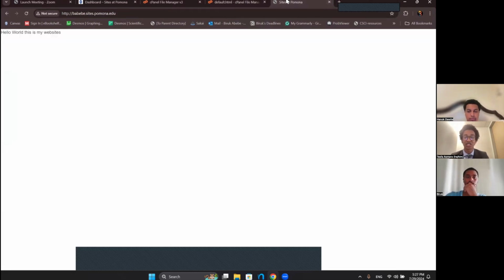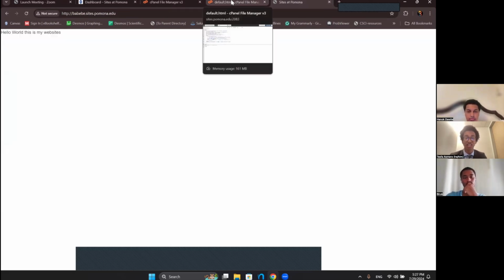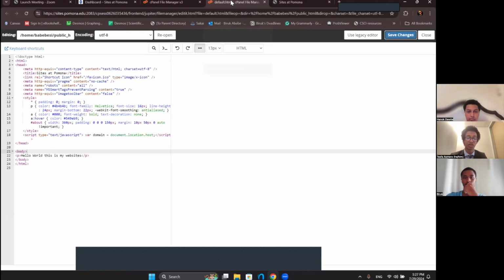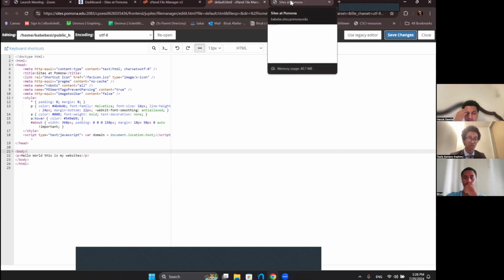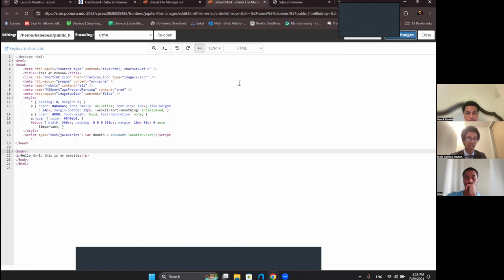So now you can expand on this to host your resume, all of your experiences. You can put redirects on here, for example to your personal Zoom room or other important links that you need to access. And you could even connect a domain name to this. A little bit more is that this is hosted on a LAMP stack. I believe that refers to Linux, Apache, MySQL, and PHP. So you can use PHP to write